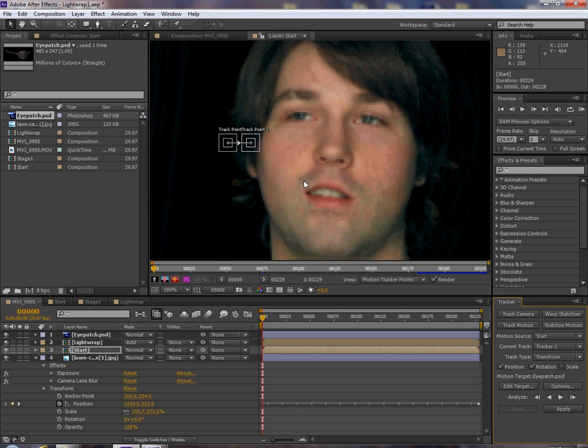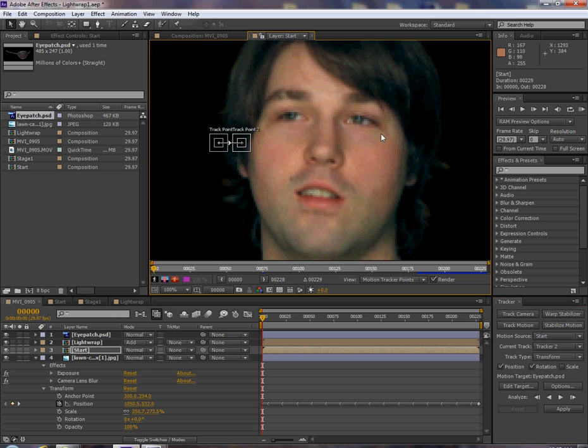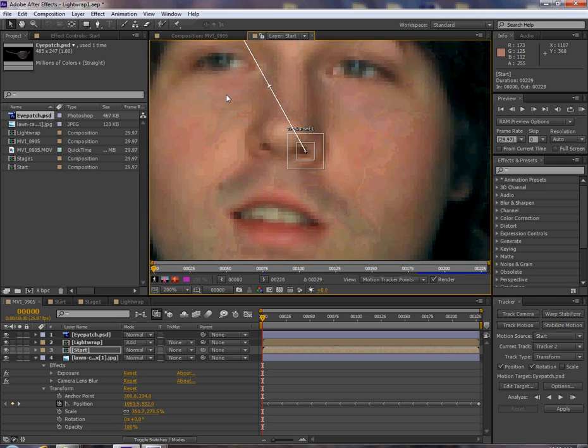And what I found works well for this, because in this case we do want to kind of work with the face, because for one, there's no tracking markers, so we need high contrast areas. But since the eye patch is going to be over the eye, I was looking for markers that were up on the face. And I found if you use the, let's see, take Tracker 1 and just use that nostril, and then take Tracker 2, and I'm going to use that chunk of his eyebrow. So starting with